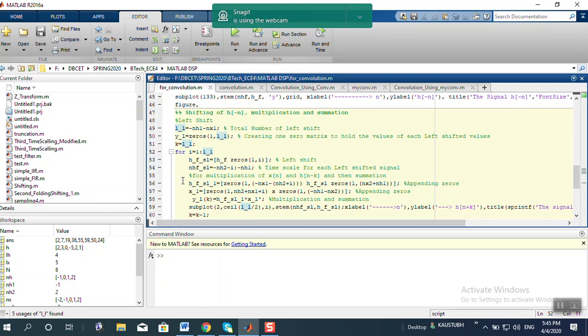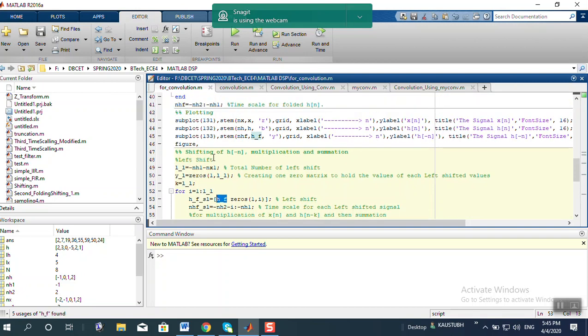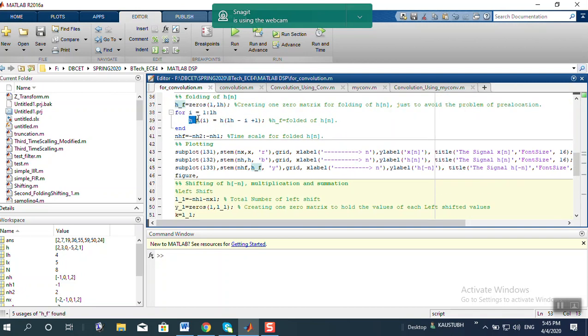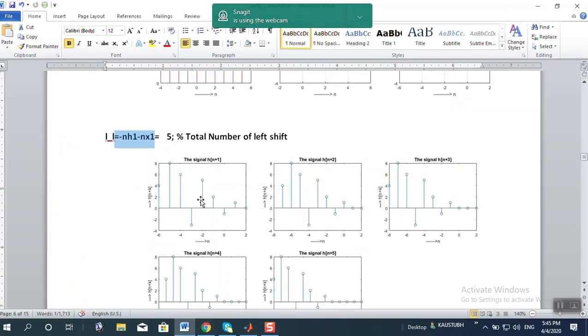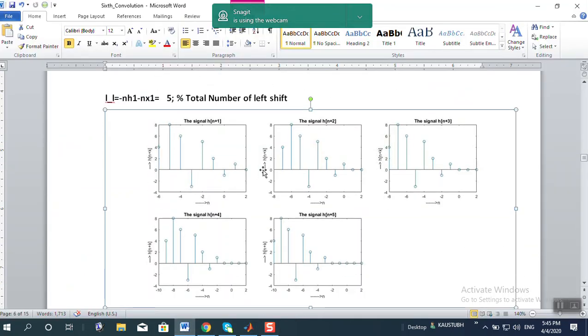So in every shift, for h of s1, hf, whatever be the value of the folded signal, h underscore f is your folded signal. So those values hf and that many zeros, 1 comma I. How many shifts? I is equal to 1, so I is 1 zero. As you can see here, this is the first shift, and when it is the first shift, 1 zero is placed